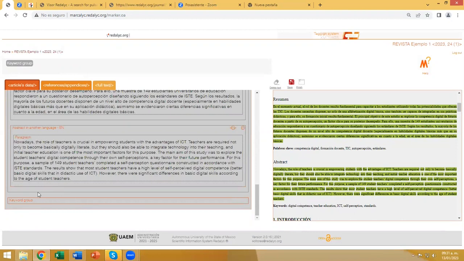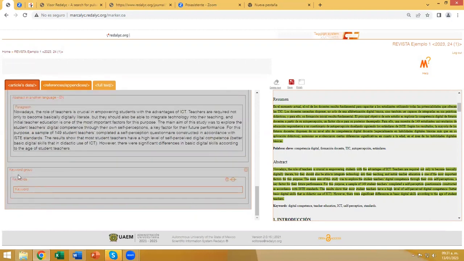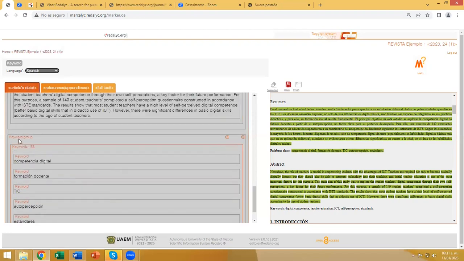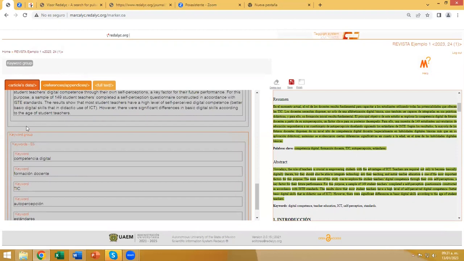Maybe we want to add the keywords, so we just select the keywords by adding a keyword group. Okay, keyword group, then keywords, and we select the keywords of our article. Okay, language, first Spanish. If we want to add another keyword group, we select the keyword group label, then keyword